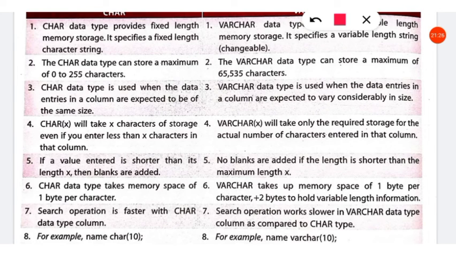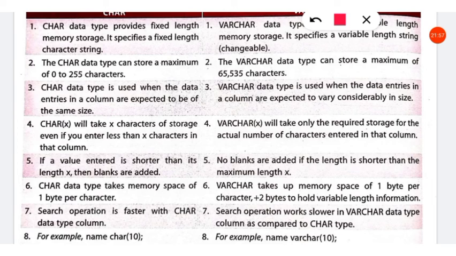Then if a value entered is shorter than its length, then blank spaces will be appended in char. No blank spaces are added in varchar if the length is shorter than the maximum length. Then char data type takes memory space of 1 byte per character. So for each character, char data type takes 1 byte.